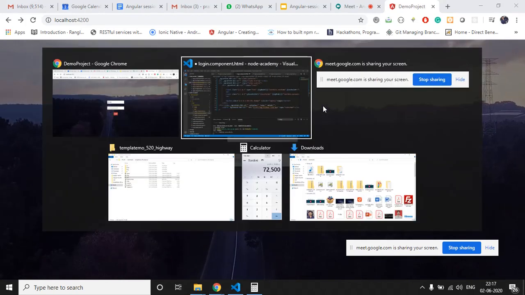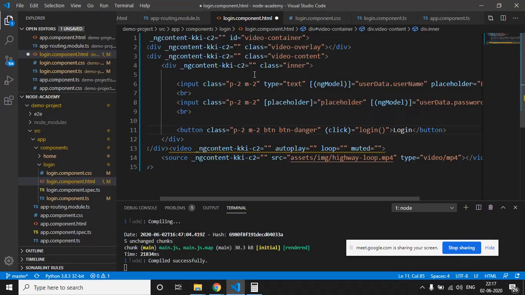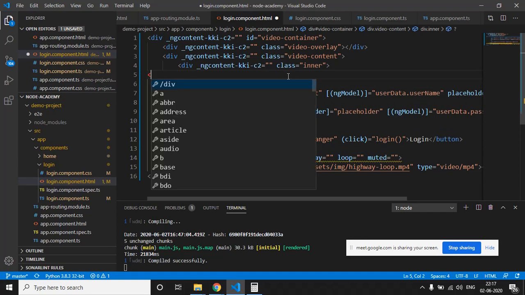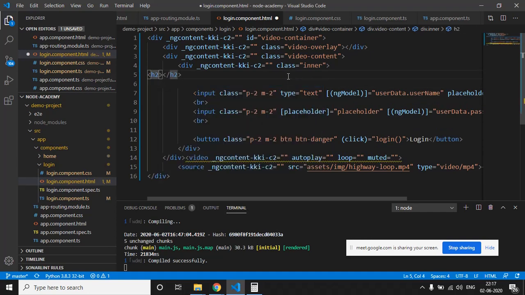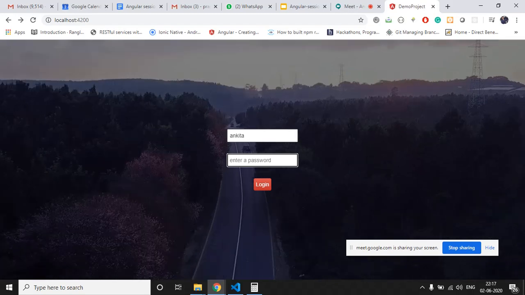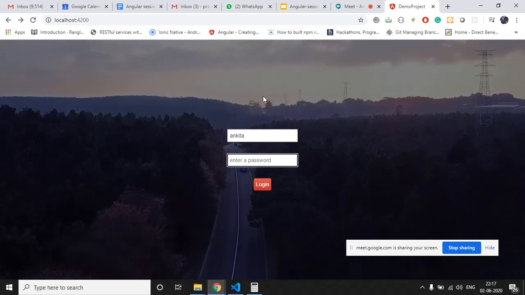So we will need a heading tag as well. We will just put it here, h2. We will keep a random text over here so that it will be visible.